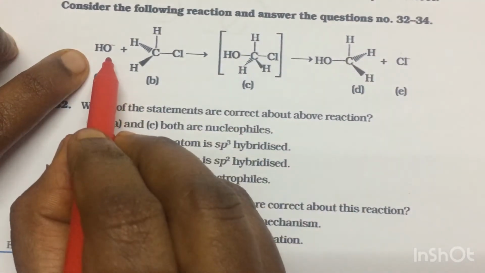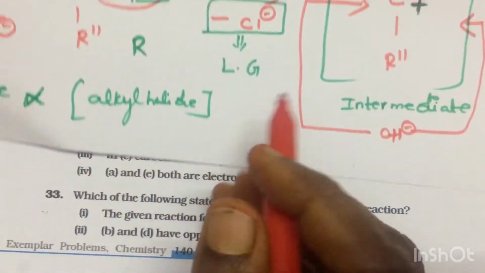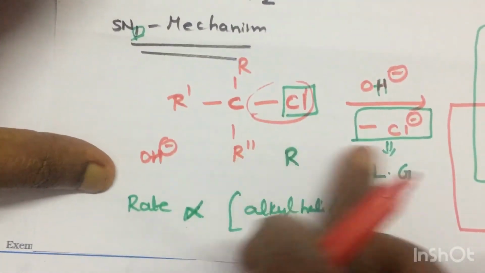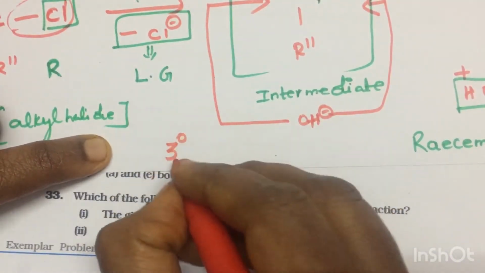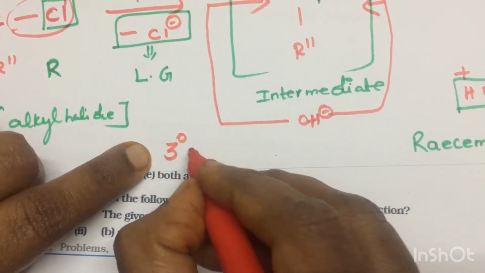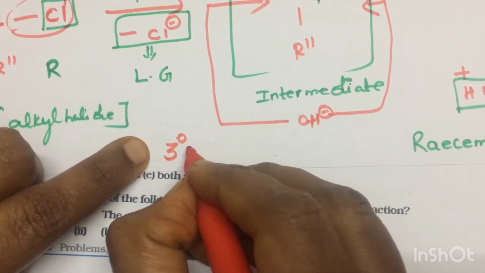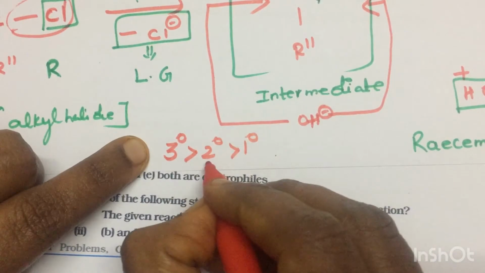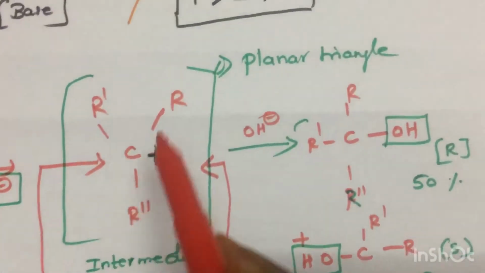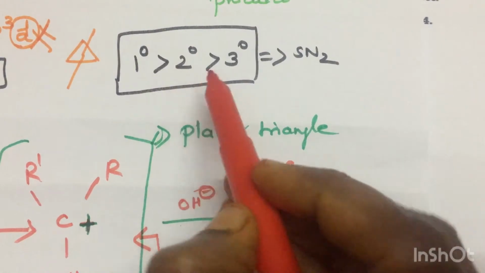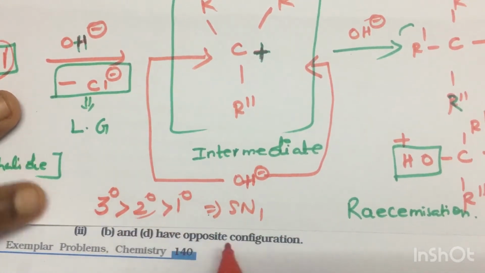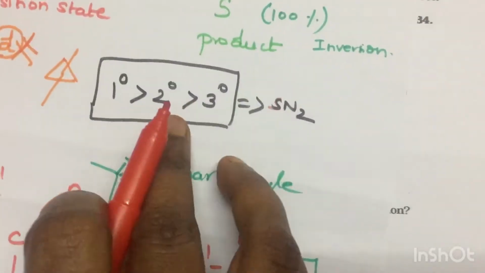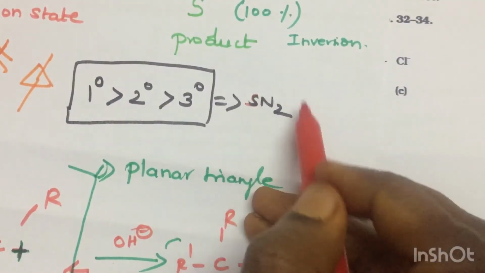So one more thing I need to tell here in SN1 mechanism: since there is a formation of planar carbocation, it gives preference to tertiary. All tertiary alkyl halides prefer to go substitution via SN1, then comes your secondary and then comes your primary. Your secondary can take the SN2 pathway or SN1 pathway, both depending upon the crowdedness. If it is overcrowded, it prefers SN1. If it is lightly crowded, it follows the SN2 pathway.